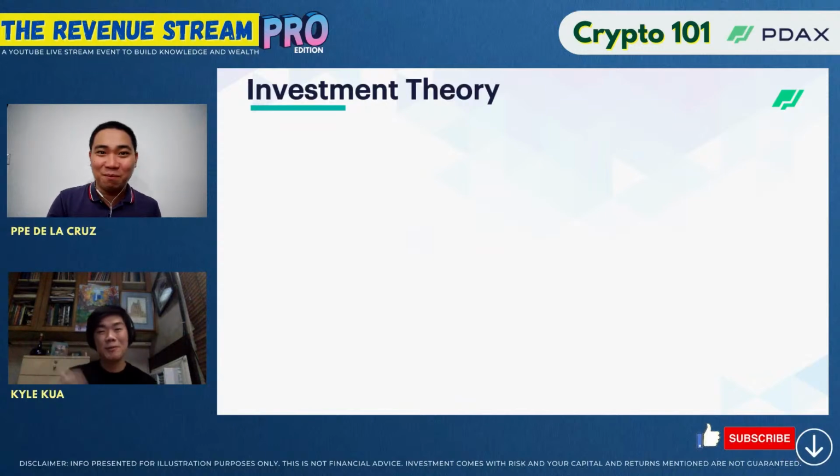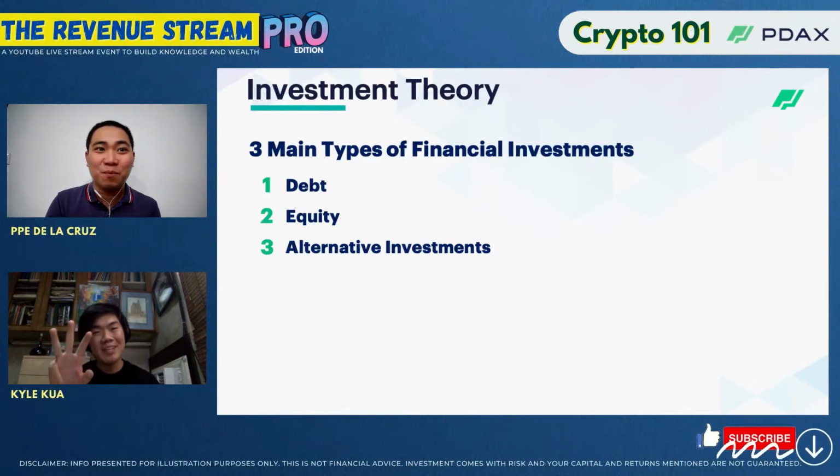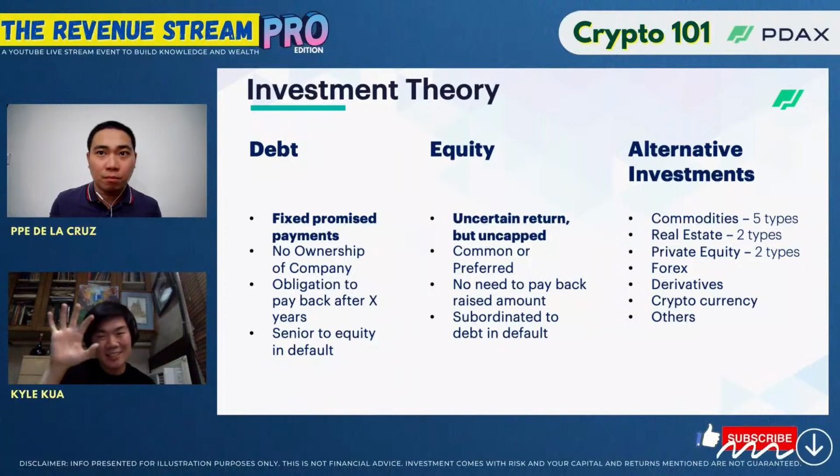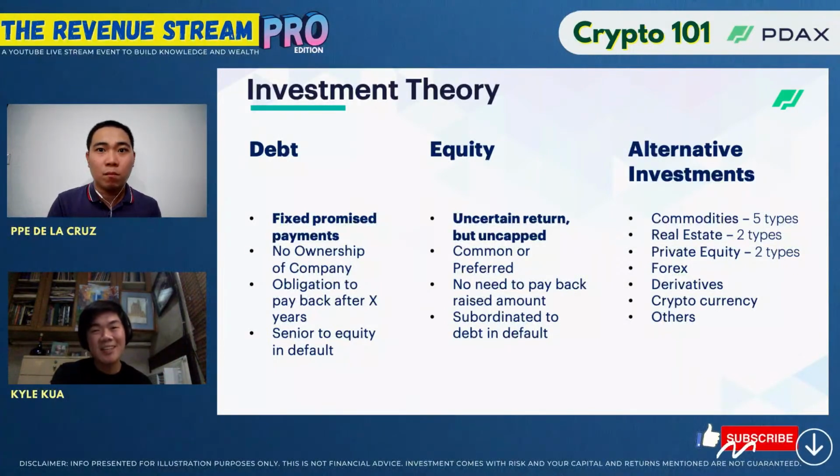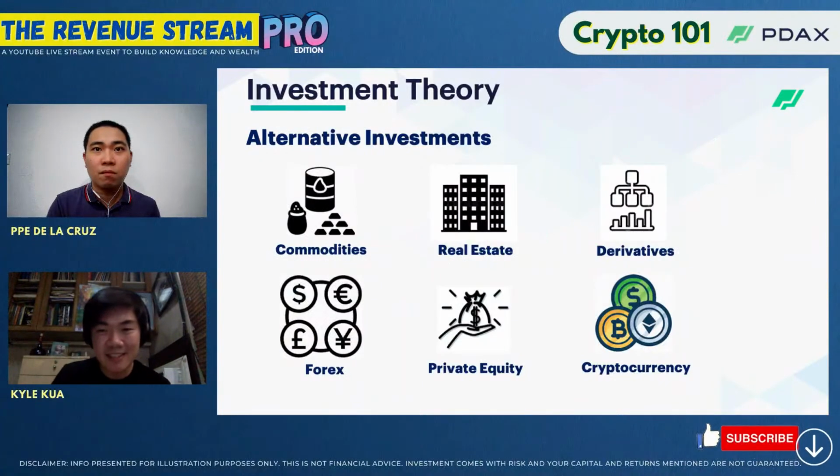Sure. This will go quick. Investment theory, there's three main types: debt, equity, and alternative investments. We all kind of are familiar with that. This is a quick recap, but what we need to know is cryptocurrencies are inside alternative investments, in that third catch-all bucket. And how it works is in the spectrum of investments, next slide, please,